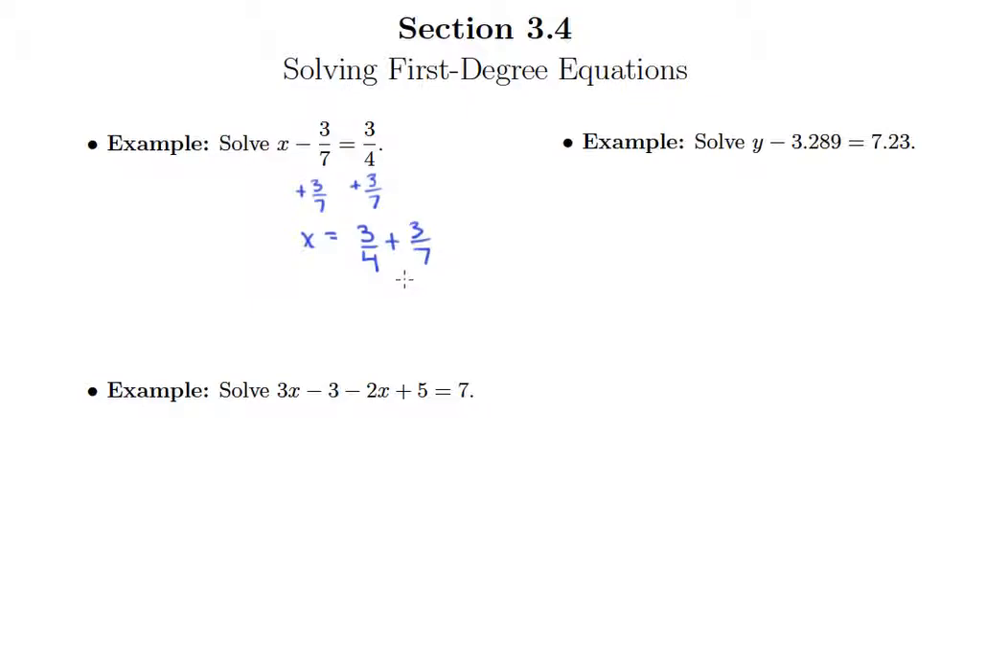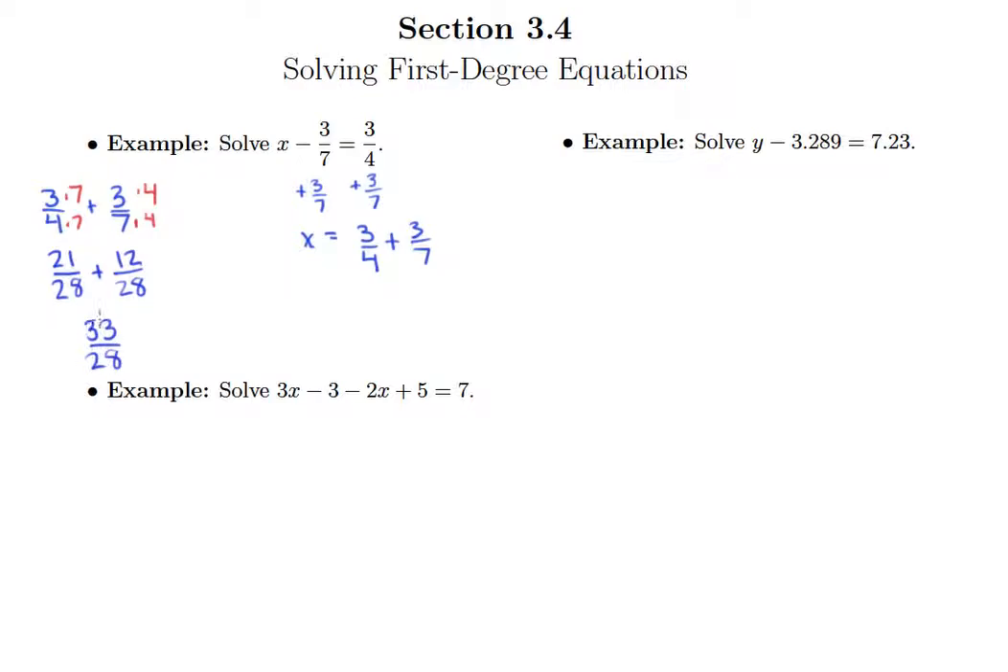Okay. And maybe over on the side here, I'll do all the arithmetic work for 3/4 plus 3/7. So my least common denominator here is going to be 28. So I'll multiply top and bottom of 3/4 by 7, top and bottom of 3/7 by 4. And so what we get here is 21/28ths plus 12/28ths. And so we can add those together, and that will give us 33